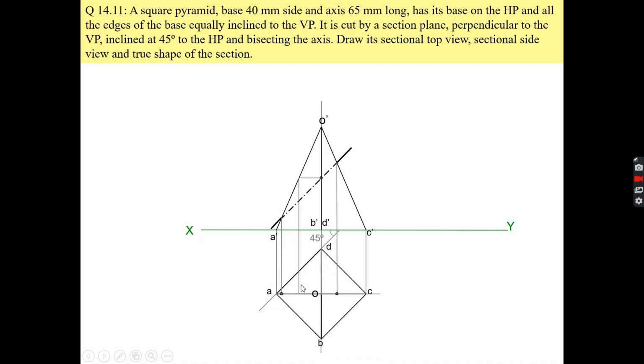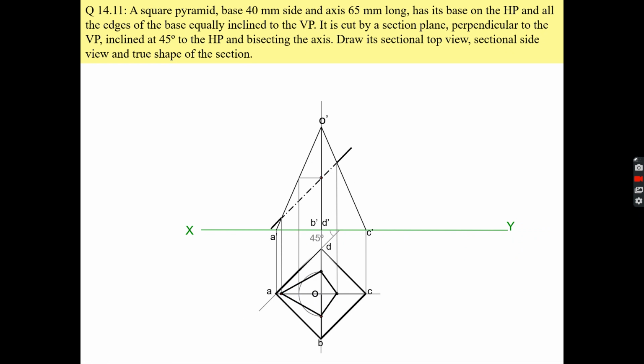Now I am transferring it back to the OB and OD. How? From the center point, this distance is that, okay, here. So similarly, this distance I am drawing here on the OB and OD by making an arc with the center point O and the radius O to that point. Okay, so this is your now 2 and 4.